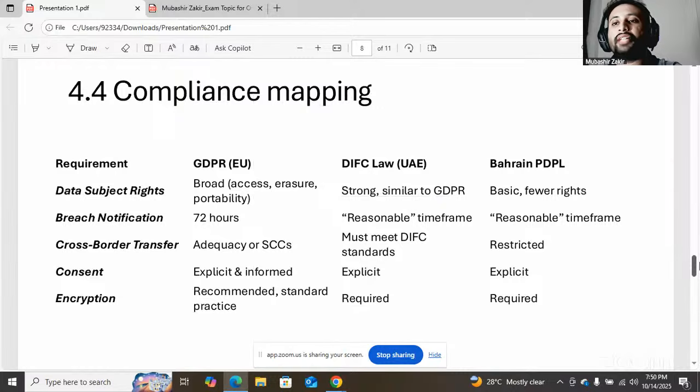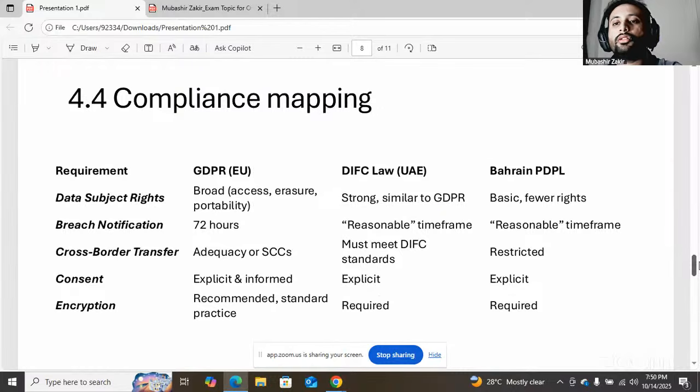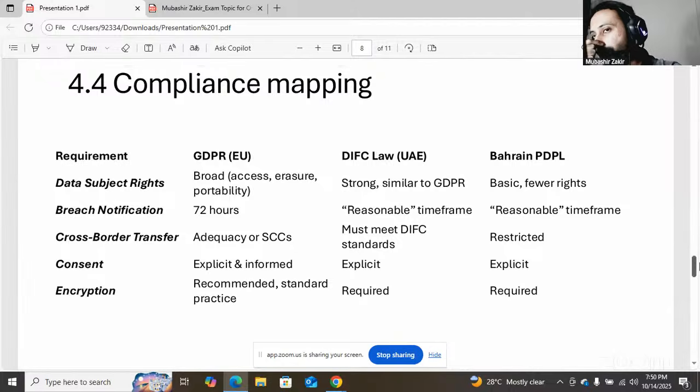Then we have compliance mapping. In compliance mapping, we have multiple requirements such as data subject rights, breach notification, cross border transfer, consent, and encryption. First, data subject rights: in GDPR, which is the European Union law, the data subject rights are broad in nature.